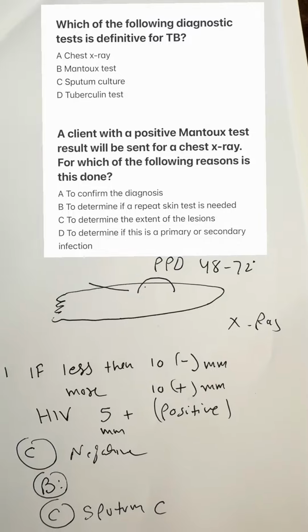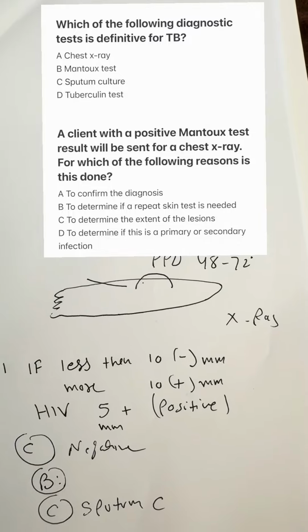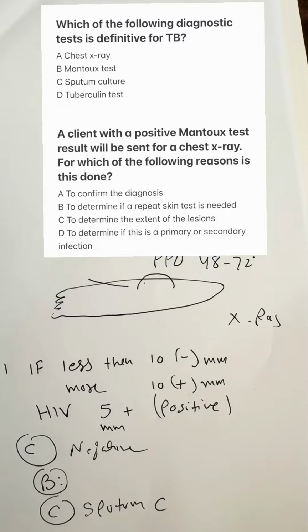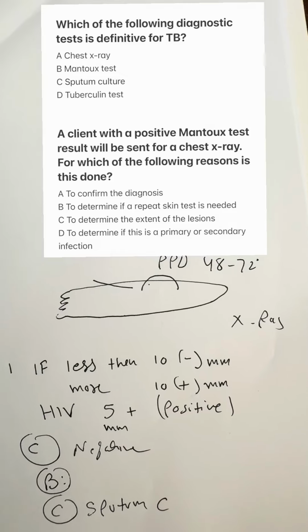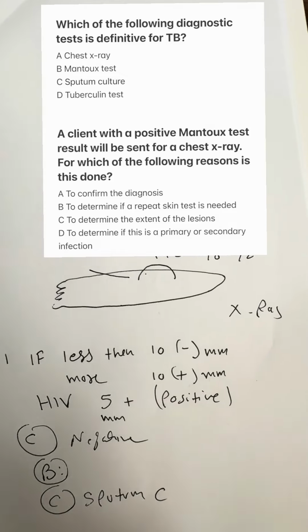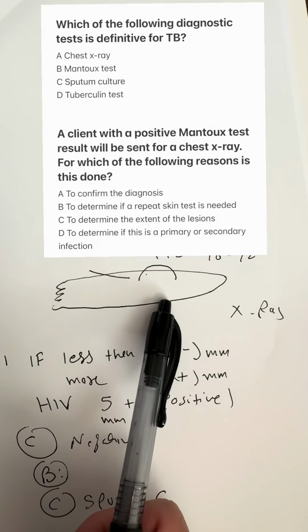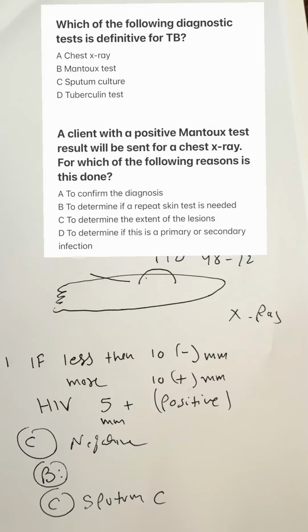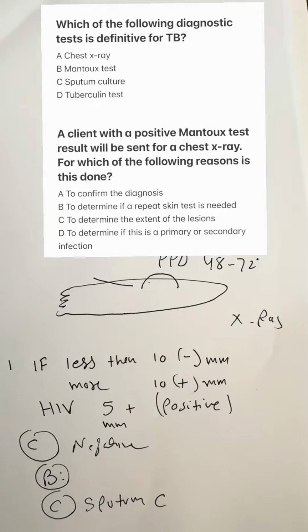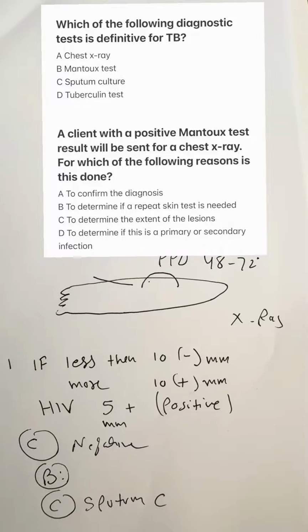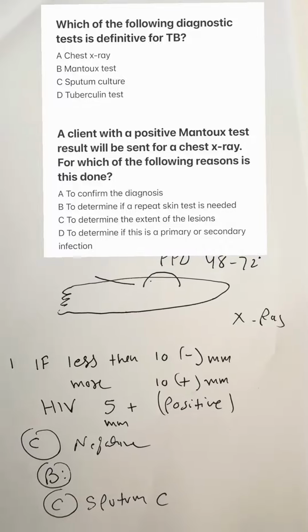A client with a positive Mantoux test result will be sent for a chest X-ray, right? For which of the following reasons is that done? So if a patient has a positive result and is sent for a chest X-ray, what is the reason for that? Is it A, B, C, D? So the correct answer would be